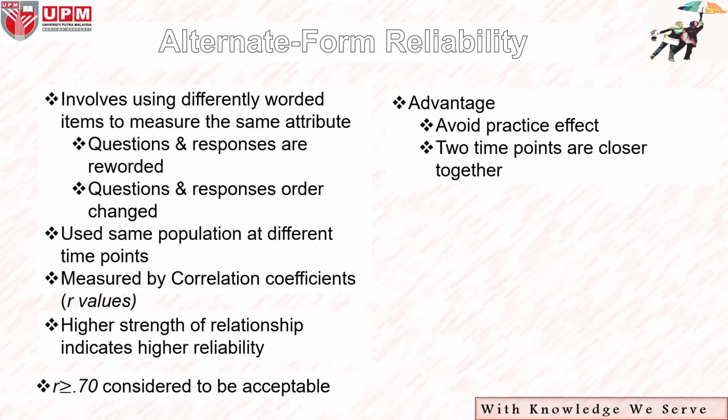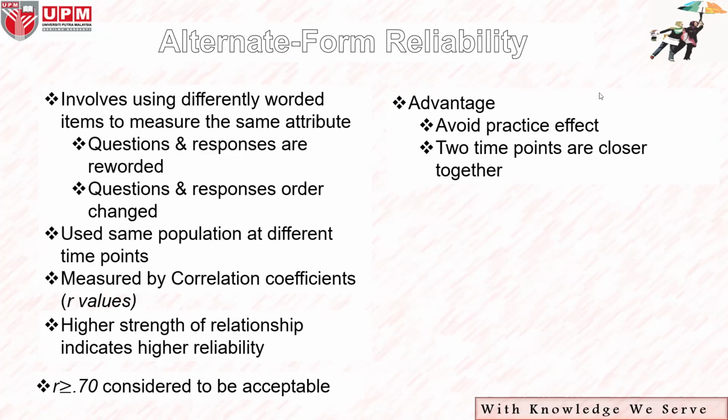We use the same population at different time points. Same also, we use similar respondents, just the time point is different. There is an interval. So same, it is measured by correlation coefficient, which is the R value, and a higher strength of relationship indicates higher reliability. So we use a similar cut-off point, R larger or equal to 0.7, considered to be